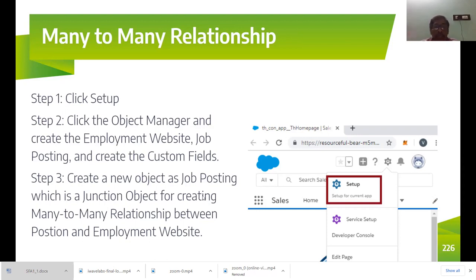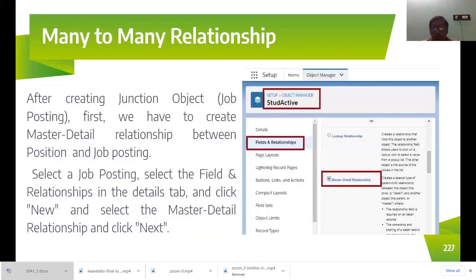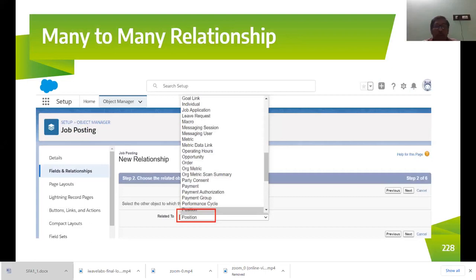So I told you the first steps: first, click on setup. Second, create the three objects. Then use job posting as a junction object between position and employment website. Okay, now let me get into the fourth step.